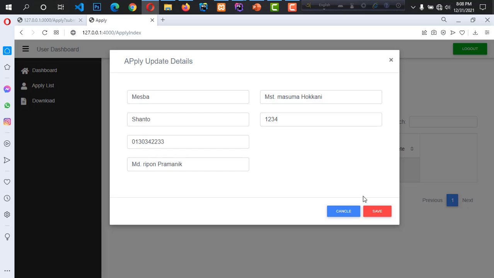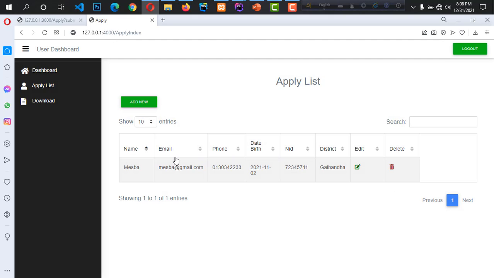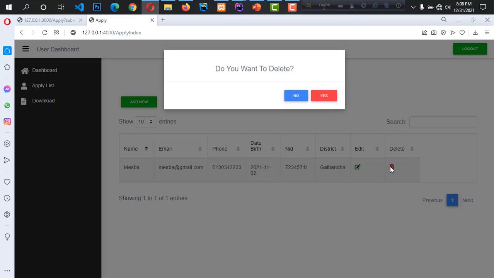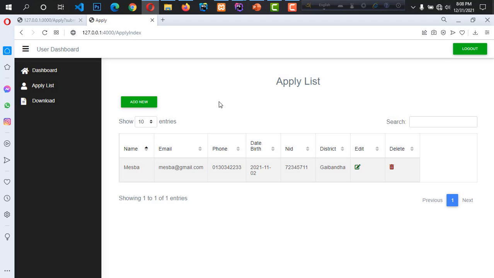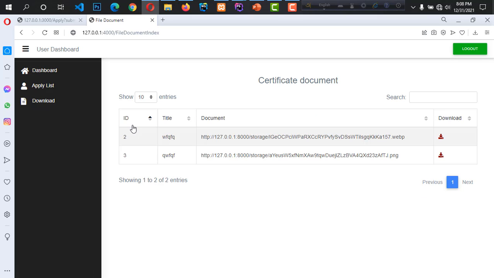I cannot update all data. I can only update this data. I can also delete this application. If I click yes, then the application will be deleted. Download.